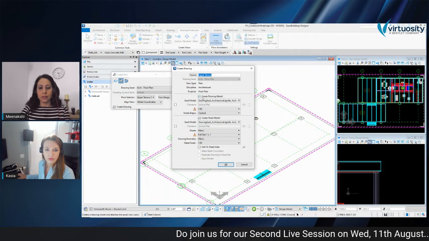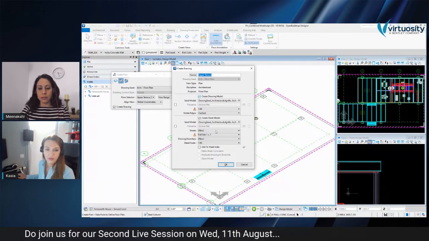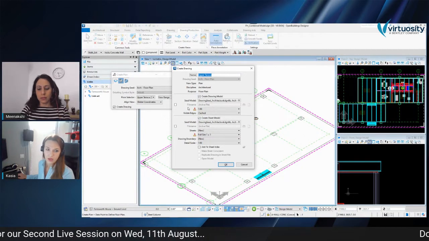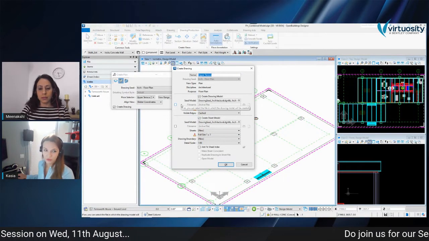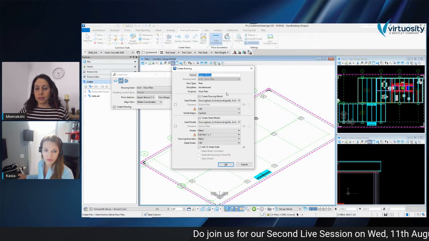So first we need to set if we want to create both the drawing model and the sheet model. So we can decide if you want to create both of them, but it's very useful because